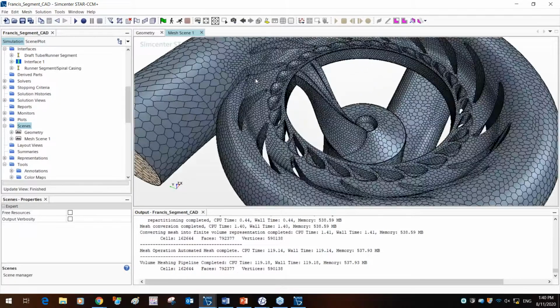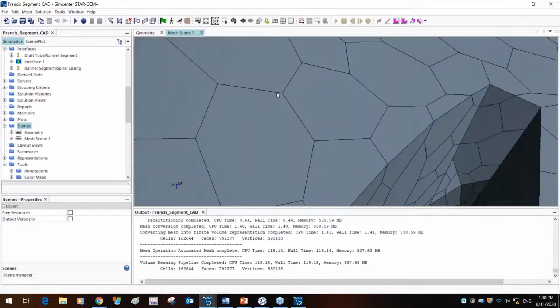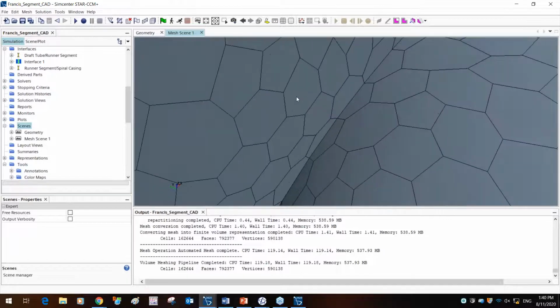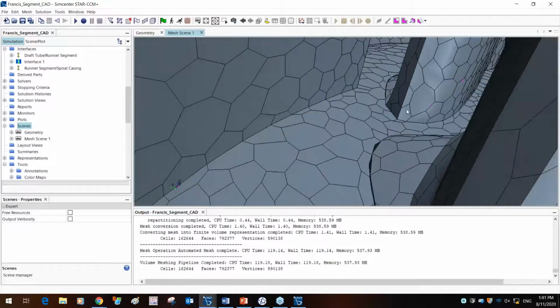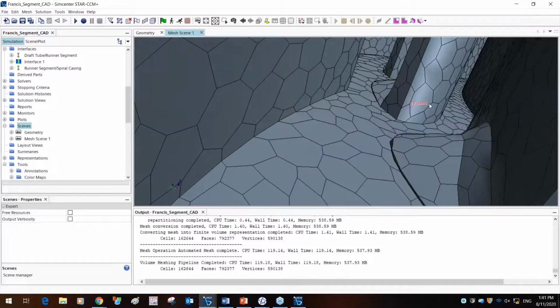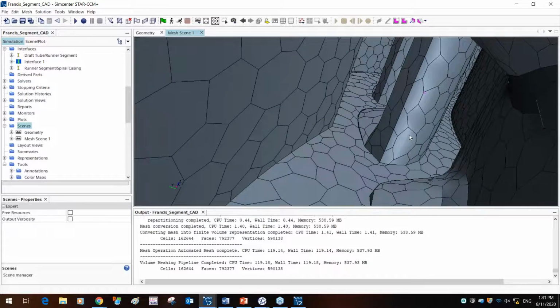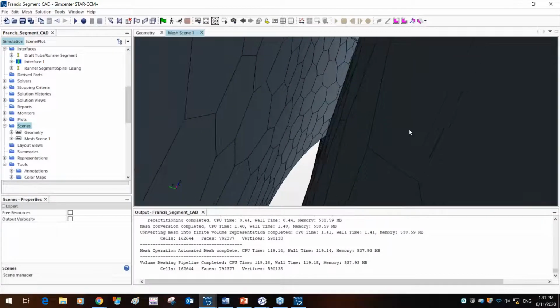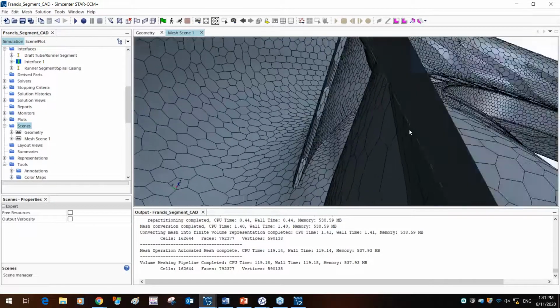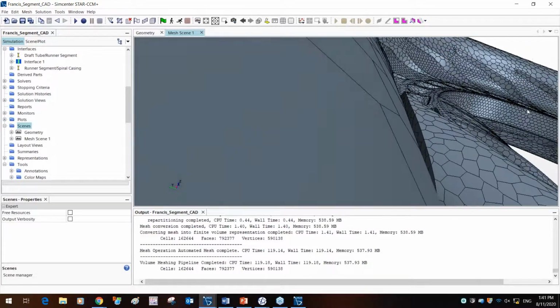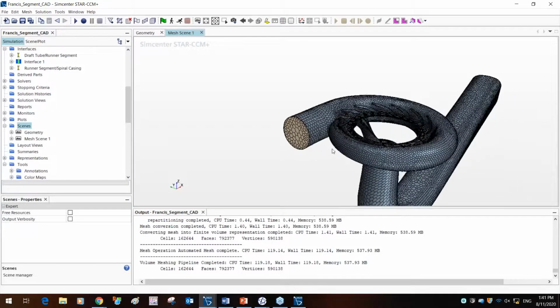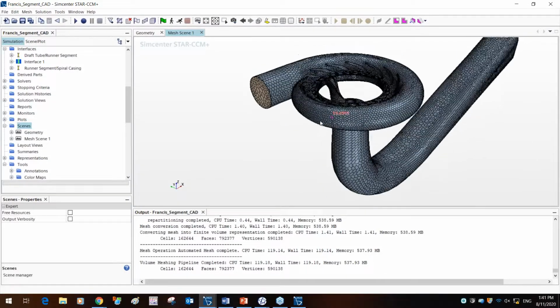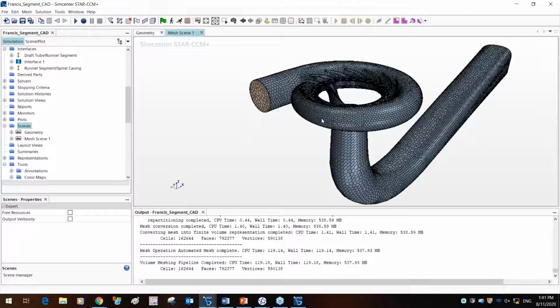What's cool about Star features, sometimes if you, for example, just scroll in, it'll deep dive inside the mesh so that you can see some of the features within the domain. So this is a pretty cool feature. If you want to look at internal mesh surfaces, instead of doing cut planes, you can just scroll right into the domain. We can also create cut planes, and we'll talk more about that in the post-processing section. But essentially, we have completed the meshing process.